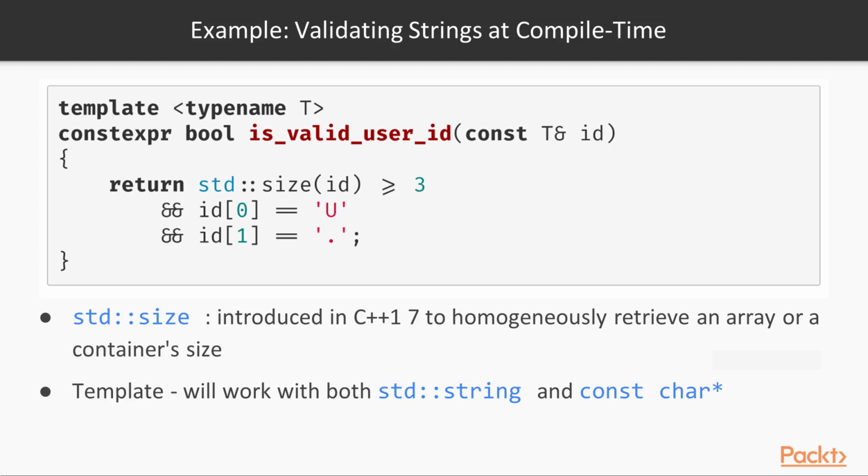Since this is marked as constexpr, and since this is a template, it will be valid for any type that behaves like a string, both at runtime and compile time. You will notice that we're using std::size here. This is a new utility introduced in C++17 that homogeneously allows you to retrieve an array or a container size. This will work with stuff like vector, std::string, but also C-style arrays. Also, as I previously mentioned, this is a template. This means that it will both work with std::string and const char*,